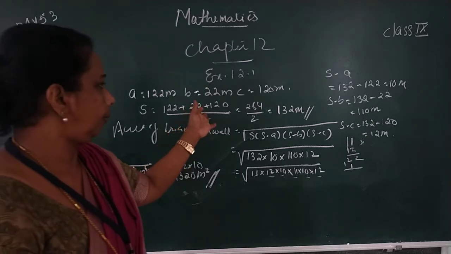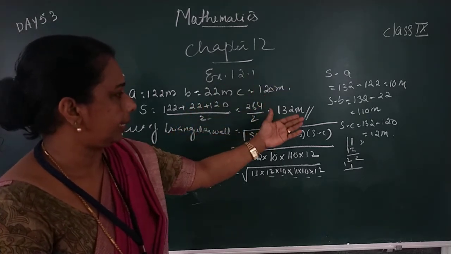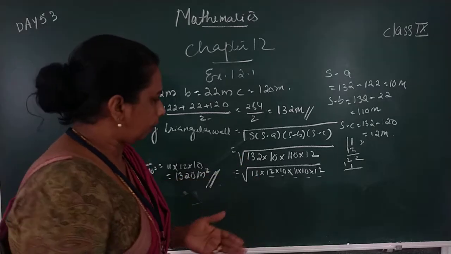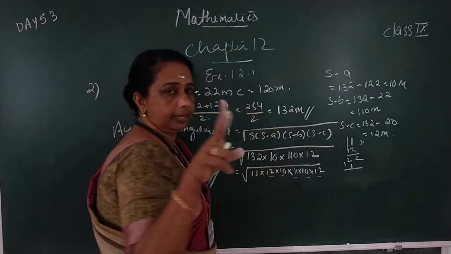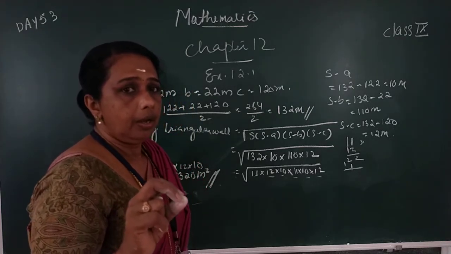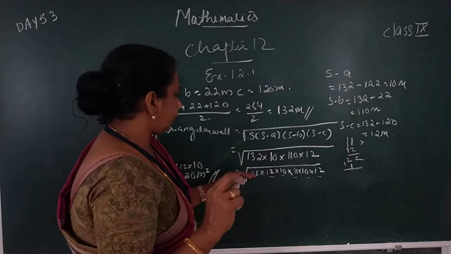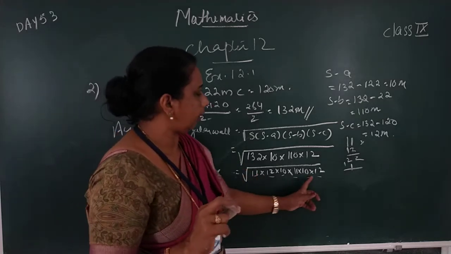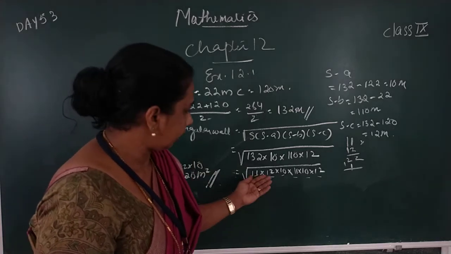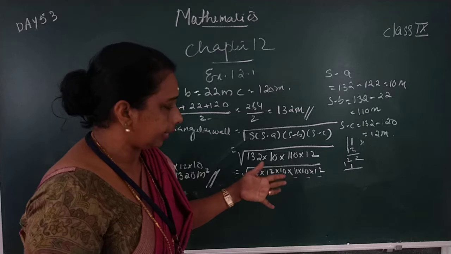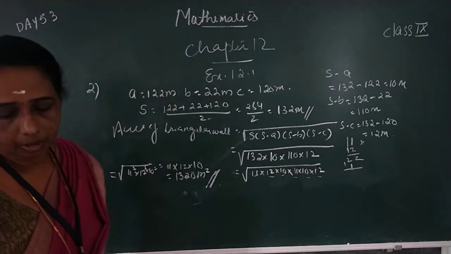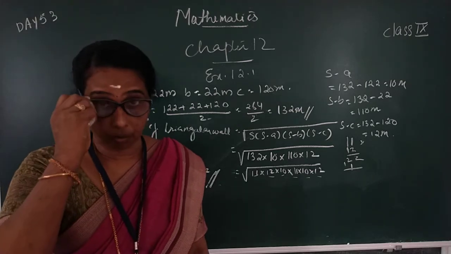Okay, find out the s, then s minus a, s minus b, s minus c. Put the values here. Either you can multiply these four numbers and get a large number, using the division method that you already studied in 8th class, you can find out the square root. Otherwise, using the prime factorization method or any factors method, convert into factors, then find out the square roots. Okay? This way we can do it. Then the area of the wall is given.